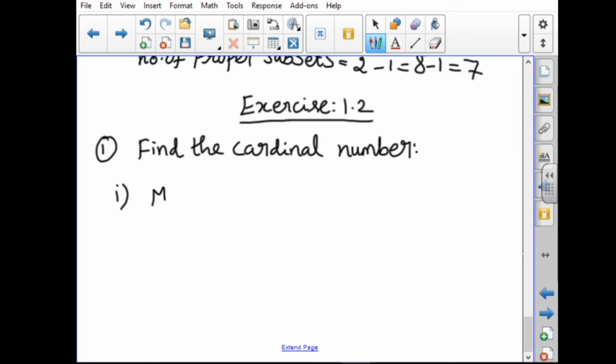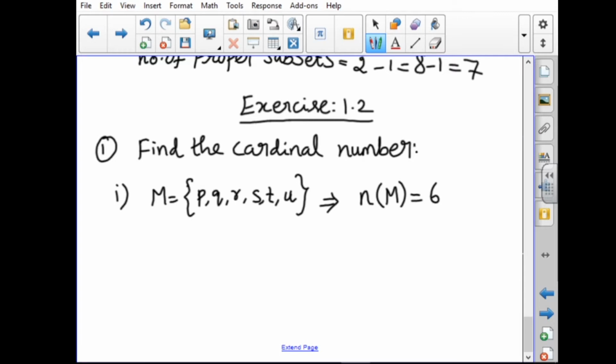M is equal to P, Q, R, S, T, U. So how many elements are there? 6 elements are there. So the cardinal number is denoted by small n of something. What name is given? Okay, n of M. So that is equal to 6. Okay. Then second one,